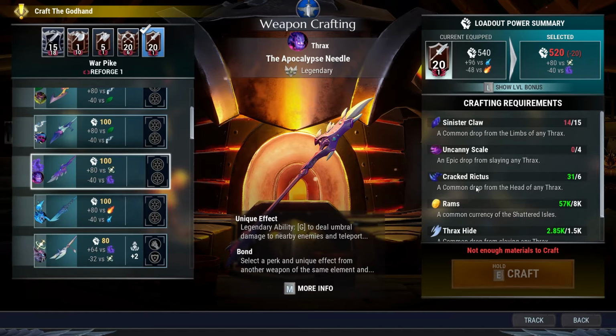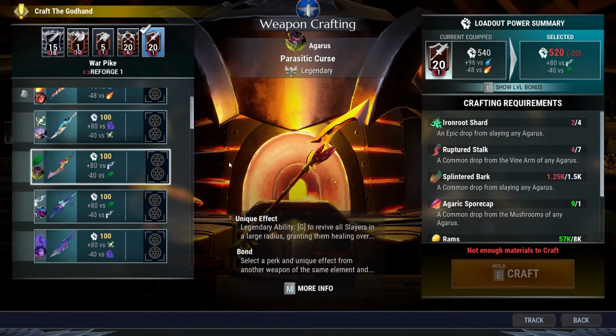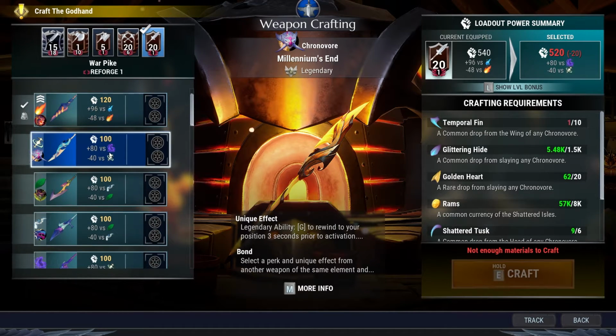Gonna need to put in some work on Thrax. We're gonna need to put in a little bit less work than on Malkarian. We already got the shards. Looks like a lot of work here on at least 3 runs on Terra Escalation, and we're gonna need a lot. I feel like Warpike is actually going to be pretty easy to break the fins with Chronovore,